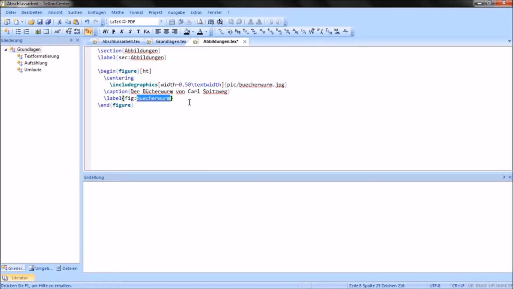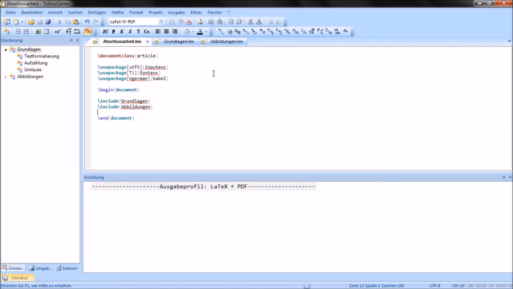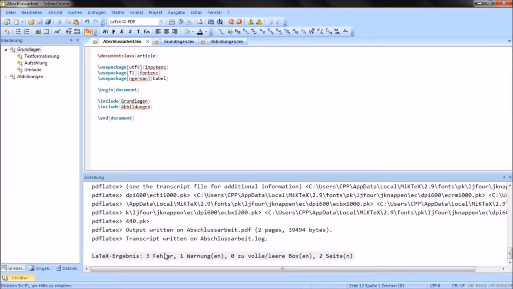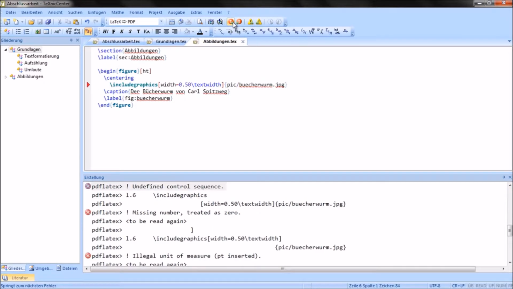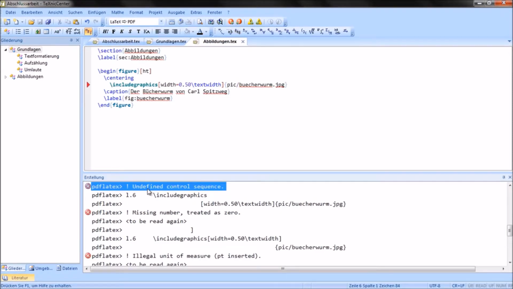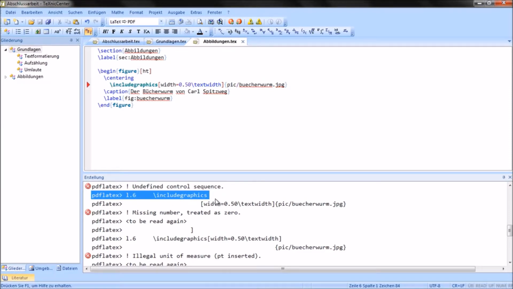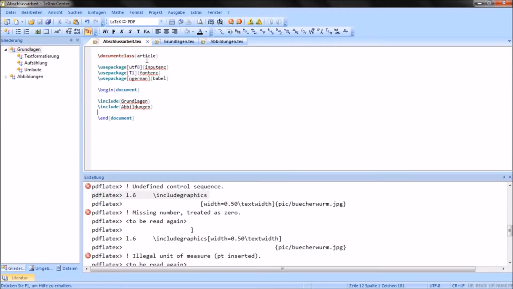But still, we cannot include figures. As you see, when I click now on compile, there are 3 errors occurring. So there's still a problem. The program doesn't include graphics yet. So same procedure as last time. We need a new package for the includegraphics command. We write usepackage and graphics, like the last time. A new command, a new package, and now if we click on compile,